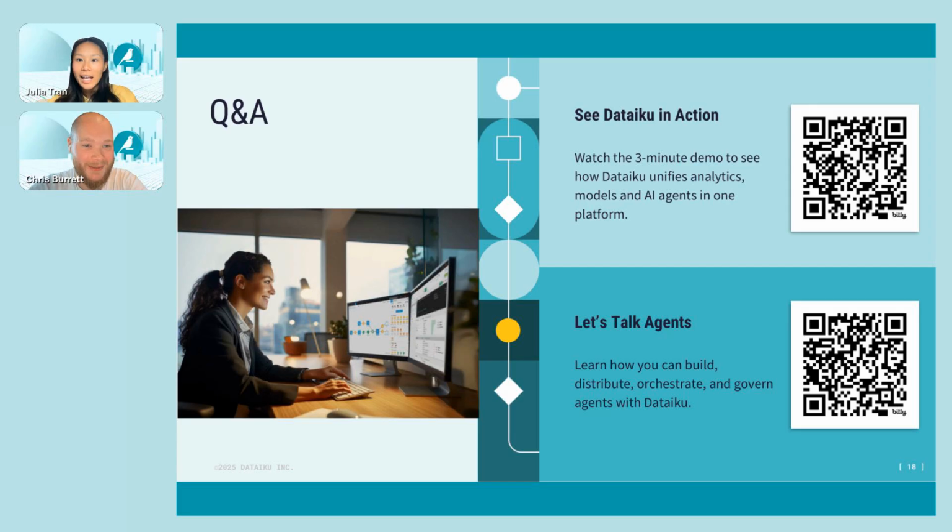And then Piyush asked, how can we set up feedback mechanisms if the output is not correct and we need to fix it? Great question. It's actually a topic I skipped over. Within Agent Hub, we have the ability to provide thumbs up and thumbs down, and very soon we'll also be able to allow a more custom response. So you're essentially relying on feedback from experts who are using your agents on a day-to-day basis, where they can give thumbs up or thumbs down, and then we can investigate that specific run or that multi-turn conversation.